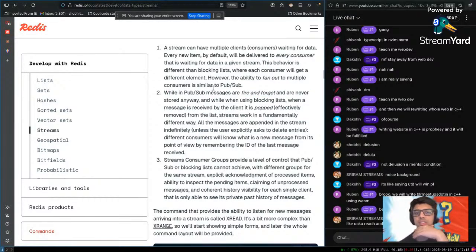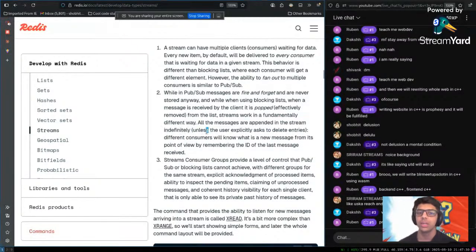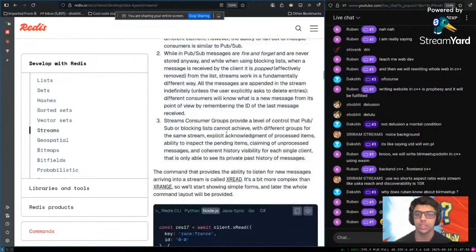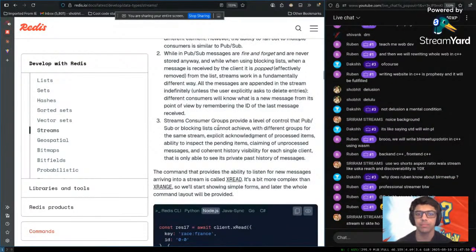While in PubSub, messages are fire and forget and are never stored anywhere. And when using a blocking list, when a message is received by the client, it is popped, effectively removed from the list. Streams work in a fundamentally different way. All the messages are appended in the stream indefinitely unless the user explicitly asks to delete entries. Different consumers will know what is a new message from their point of view by remembering the ID of the last message received. Stream consumer groups provide a level of control that PubSub or blocking lists cannot achieve, with different groups for the same stream. Explicit